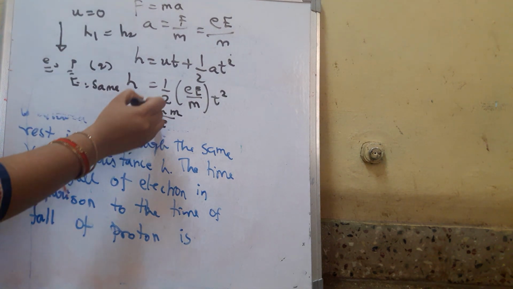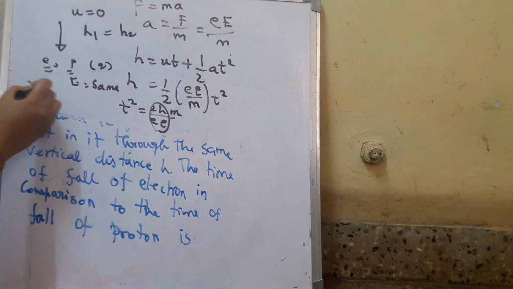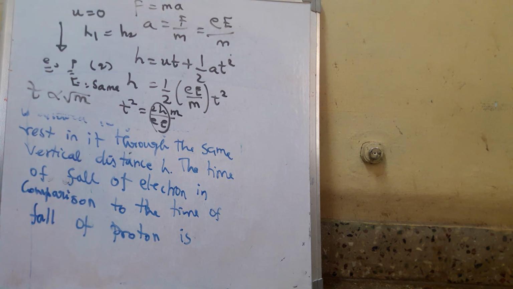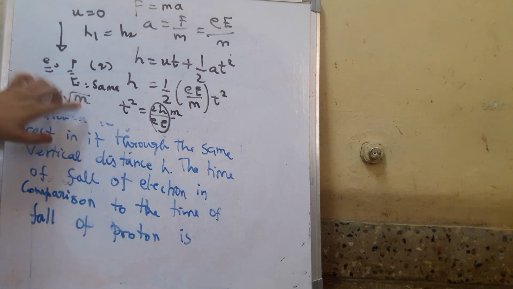Correct? So everything is the same or constant. So I can write t is directly proportional to square root of m. Can I say that? So from this I am saying that since time period is directly proportional to the square root of mass of the